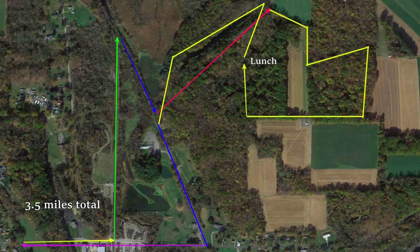along an old strip mine that is full of water, which you can see just above that line. And he walks all the way out to the edge of the woods, and they pick up the yellow line where then he meanders off through the trees, along a field, back through the trees again to a field on the right-hand side of the photo. And he walks down right through the edge of the trees all the way to another field, and then walks back west again through a hedgerow that separates two fields, and back into the woods again, and